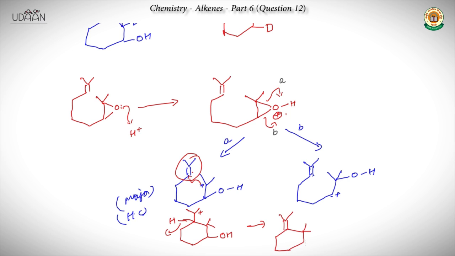So I've tried for one pathway. Now I want you to try similarly for pathway B. Now it's very similar to the previous one. The difference is that you will get a 5-membered ring here. So here we end this question. Alright, so try solving pathway B, and you already have the hint for it which says that it's going to be a 5-membered ring. I'm sure by looking at the figure itself, you're able to identify why it's going to be a 5-membered ring, as it's a very similar problem to the one we solved right now. So try solving it for yourself and then let's move on to the next question.